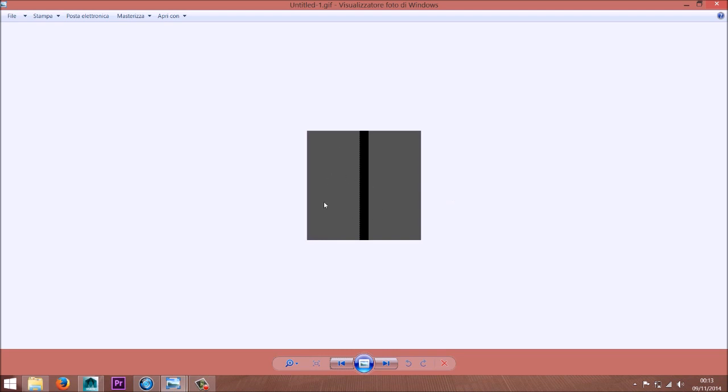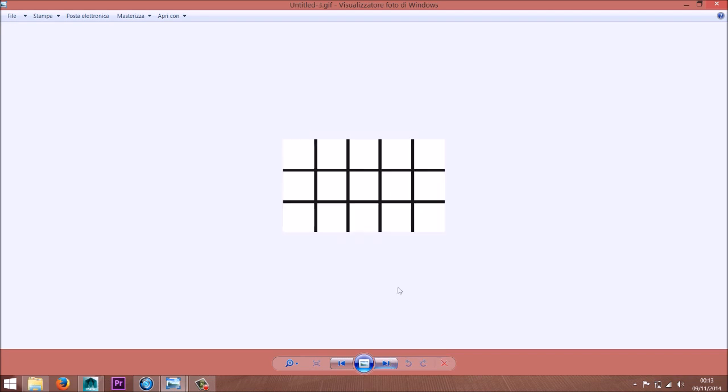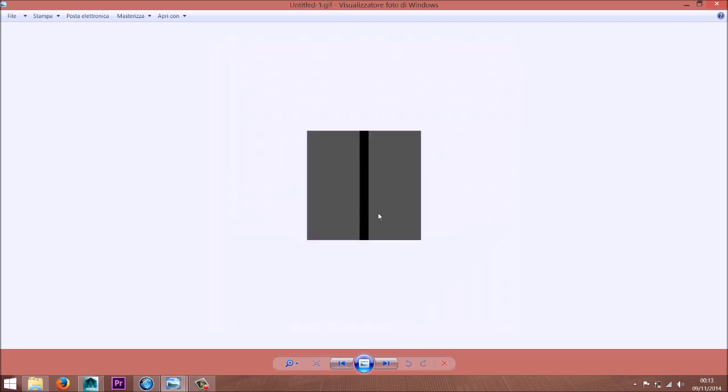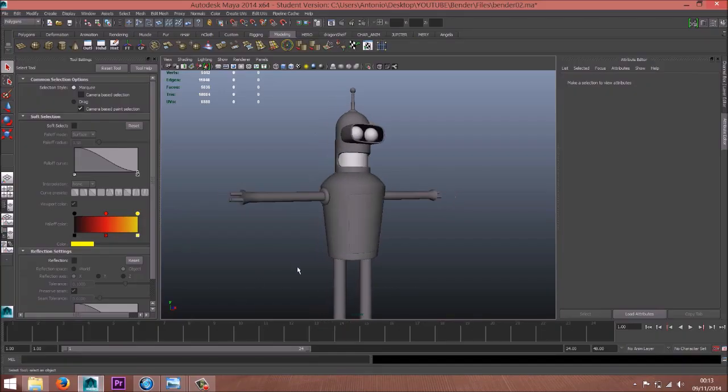You can create them in Paint, or if you have Photoshop or whatever you like, paint.net. So this one is for the arms and the legs. This one is for the mouth, and this one is for the eye. So as you see, they are very simple textures. Okay, so